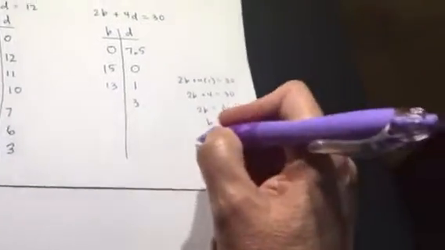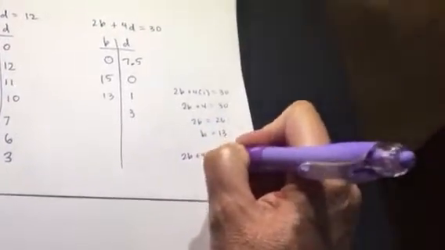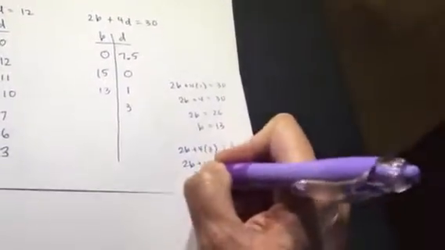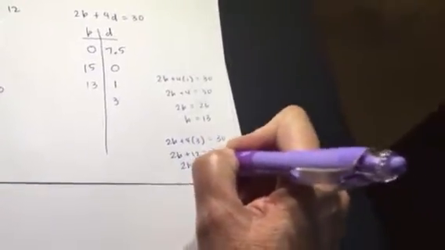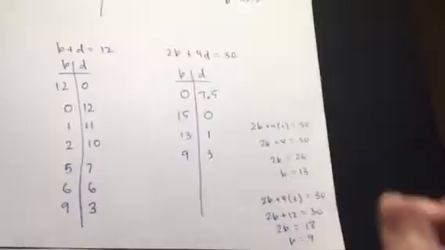And if there's 3 dogs, well, 2B plus 4 times 3 equals 30. 2B plus 12 is 30. Subtract 12, 2B is 18, so B is 9. Okay, that's probably enough points to get some graphs here. And I'm going to